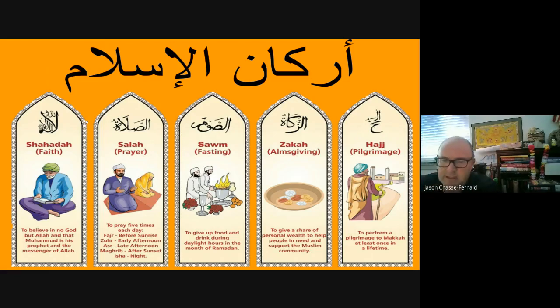All right, so the first one is the Proclamation of Faith. It has to be said by believers, must be said in Arabic. Okay? And so it's not too uncommon for religions to have some kind of proclamation of faith. Second pillar is prayer. Pray 5 times a day, facing Mecca, followed by ritual, after you ritually wash.